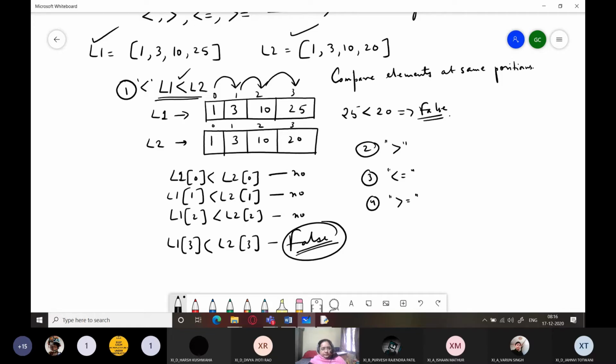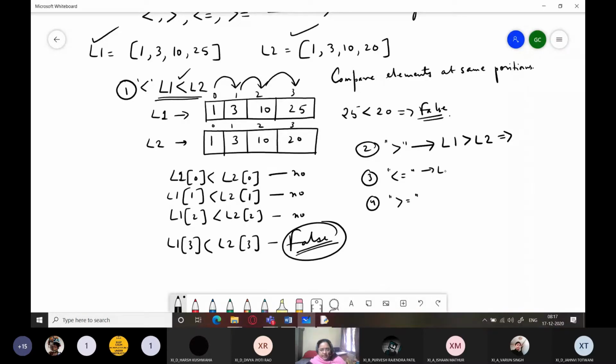True. So less than equal to and greater than equal to will be valid in cases when both lists are equal also. So you have to give me the result for these same two lists for all 2, 3 and 4 operations. Here you are comparing whether L1 is greater than L2 or not.